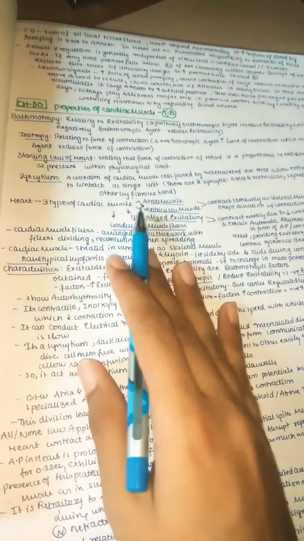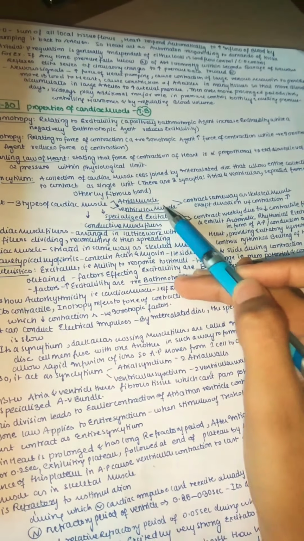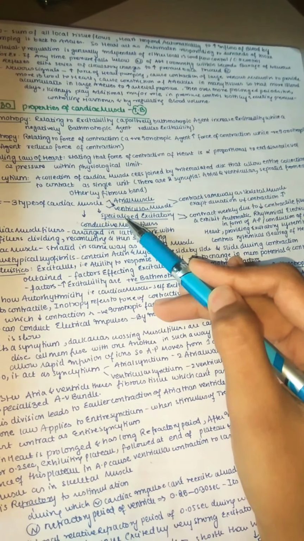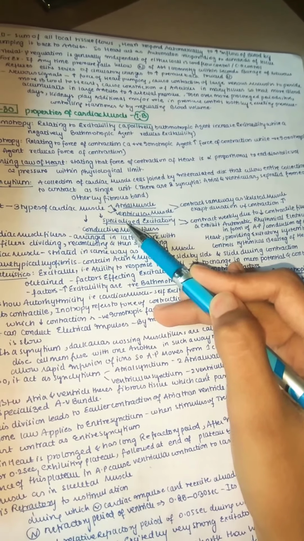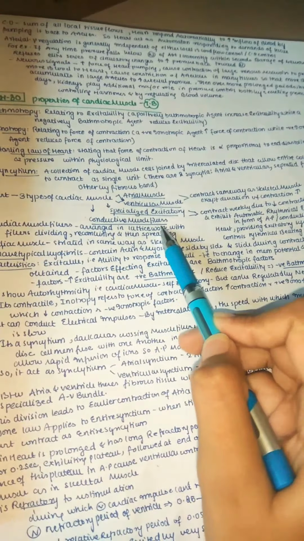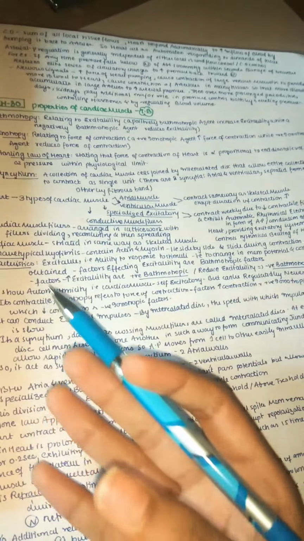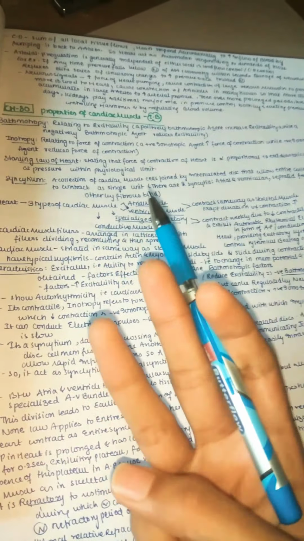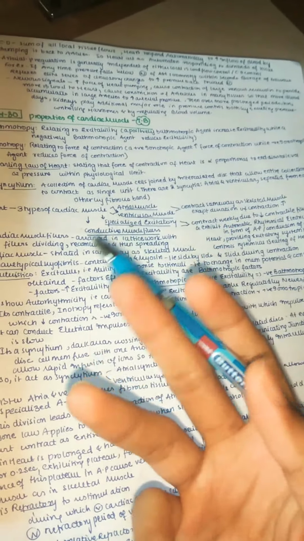The heart mainly has three types of cardiac muscle. The first is atrial muscle and ventricular muscle, these together being one type. The second type is specialized excitatory muscle, our SA node, which is the pacemaker. It can originate its action potential itself without any help from the nervous system. The third is conductive muscle fibers, which are our bundle fibers and Purkinje fibers, present mainly in the ventricle. So we have three types of muscle in the heart: atrial and ventricular muscle, specialized excitatory muscle, and conductive muscle fibers.